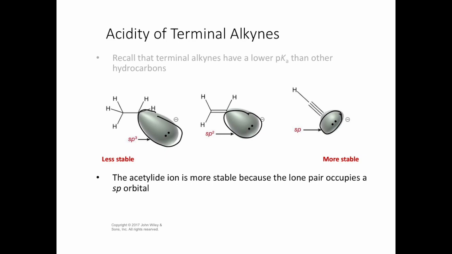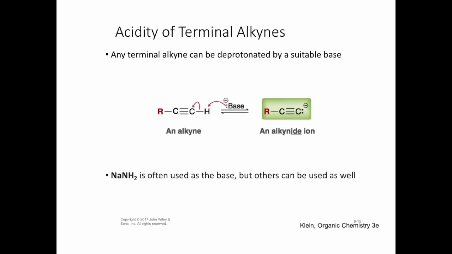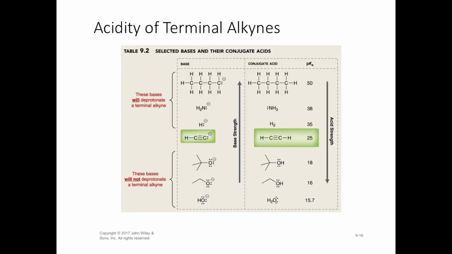So the negative charge of the acetylide is stabilized by the fact that that lone pair of electrons is held in an sp orbital closer to the nucleus, because the positive charge of the nucleus wants to be close to the negative charge. So sodium amide, NaNH2, is often used as the base, but others can also be used as well. So whenever we're looking at our acid-base equilibrium to figure out if a base is strong enough to deprotonate